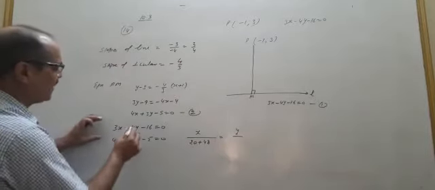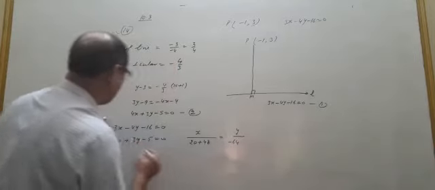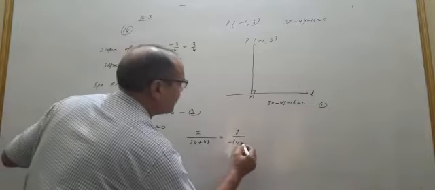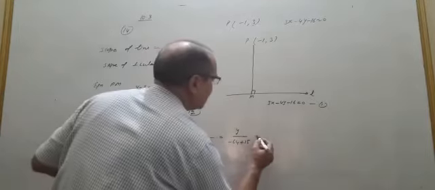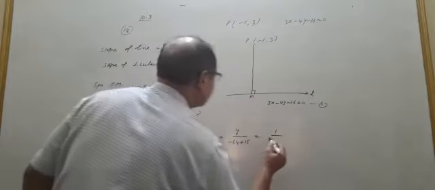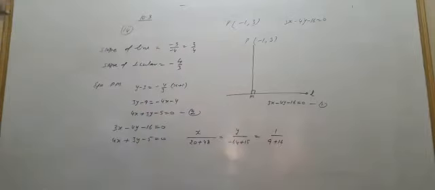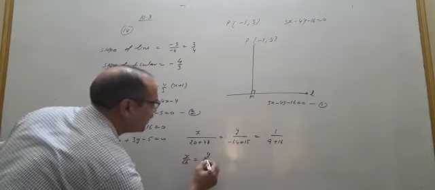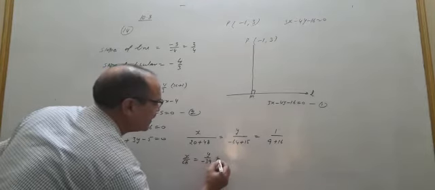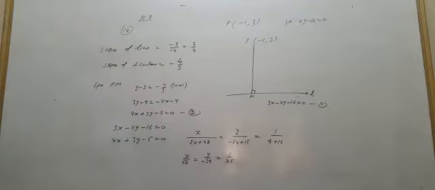First the value of x, then for y what will we do? That is equal to minus 64 and plus 15, is equal to 1 upon, that is 9 and plus 16. So therefore this can be written as x upon 68 is equal to y upon minus 39 is equal to 1 upon 25. By adding this, what are the values of x?